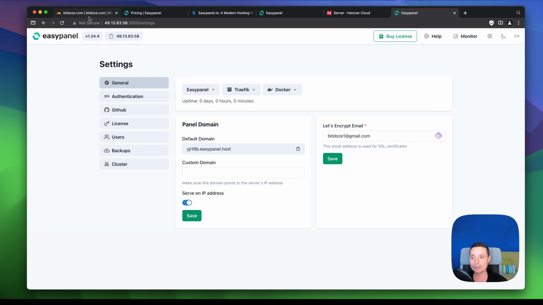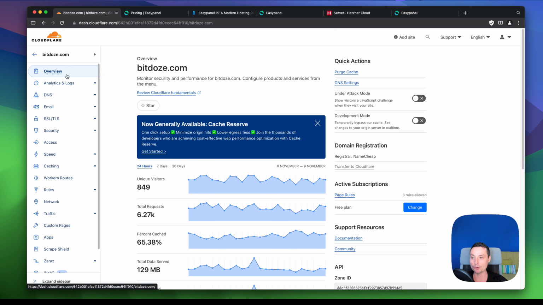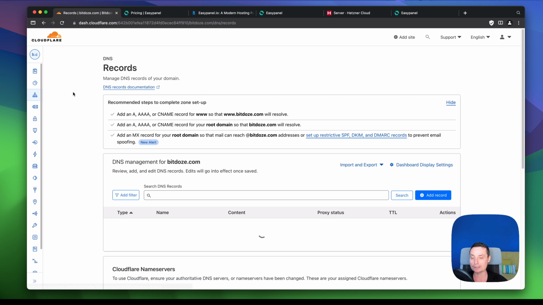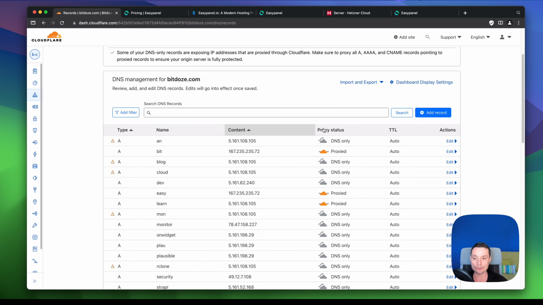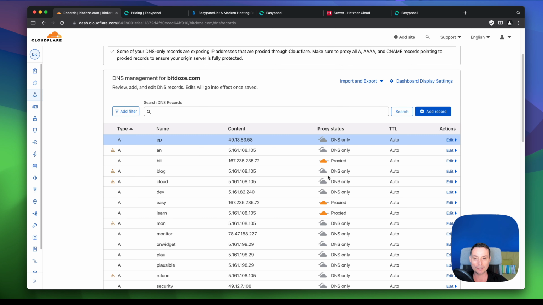So let's go and copy the IP address for this server. And in here I have the website bdoze.com, and I'll create a subdomain for this. I'll go into the DNS, and in here what we need to do is add an A record, and I'll add an A record with Easypanel IP, to be shorter, I will put IP. I will not proxy this because I don't need it. I will hit save, and right now I have a subdomain that is pointing to